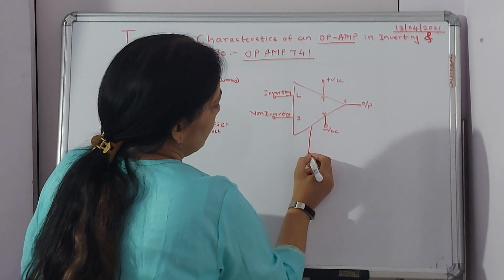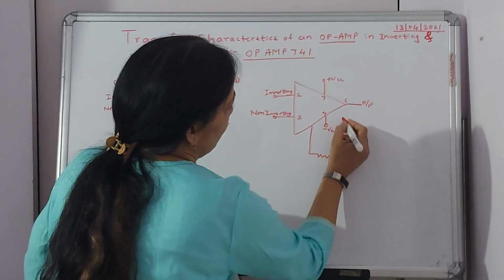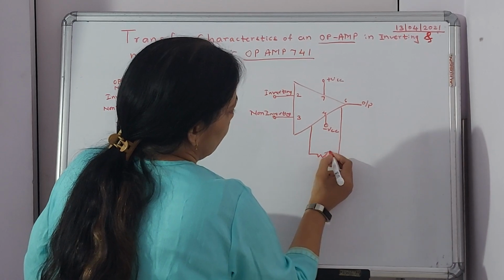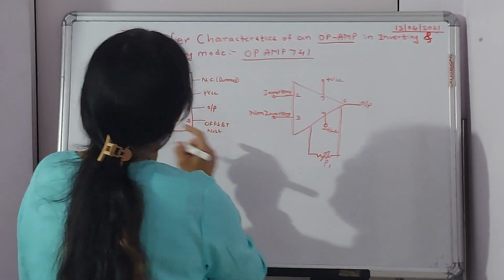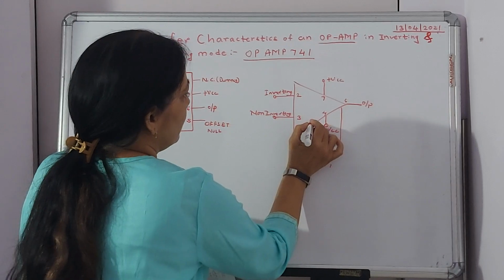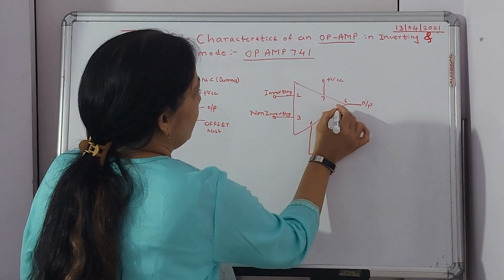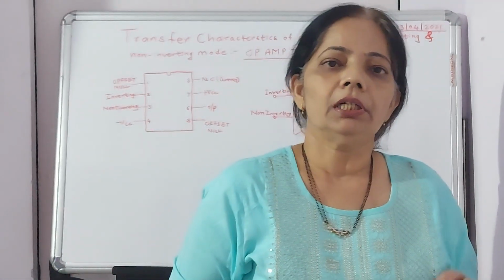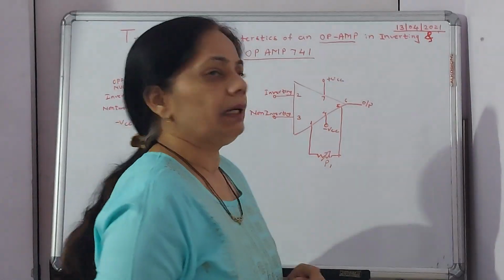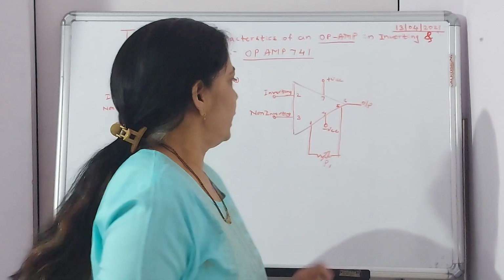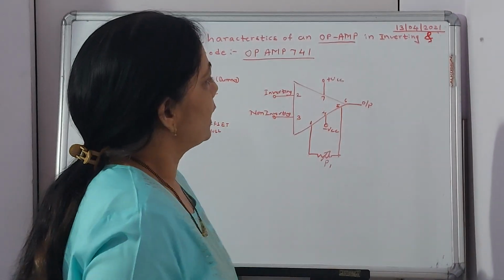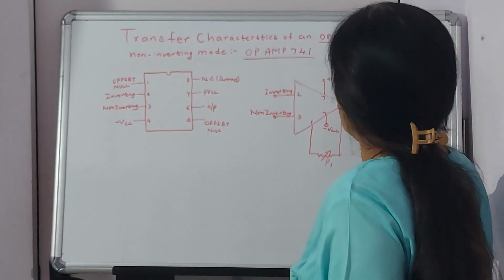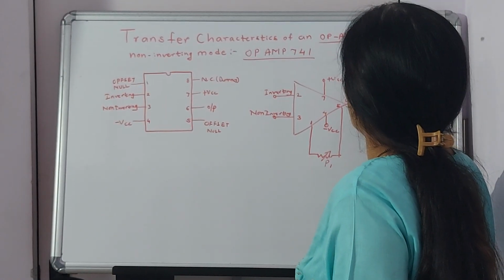Now over here I will draw the pot P1 in between pin number 1 and pin number 5. So this pot P1 helps for the offset null adjustment. Correct? So this is basically what the IC looks like, which is a small 8-pin IC, basically found in DIL